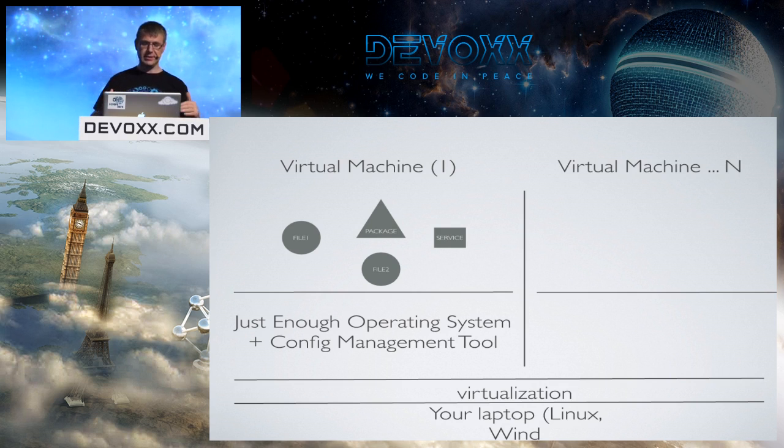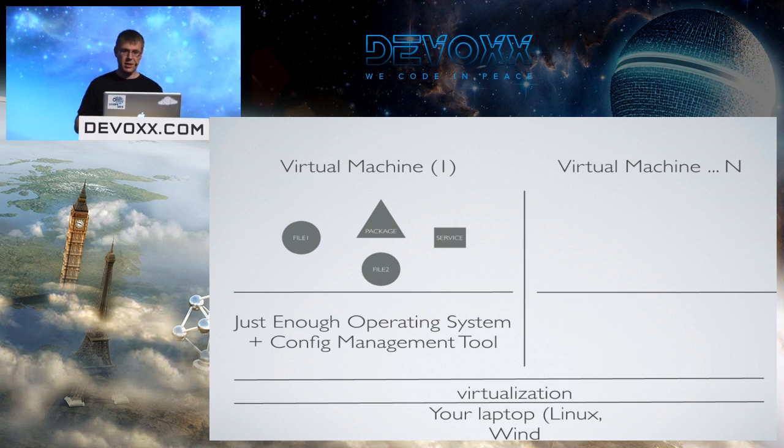And underneath it, there's a layer which is called the just enough operating system. It's the minimal install. It's the core install of the operating system, plus a config management tool. So there's nothing on there, just the basic CentOS install or Debian or Ubuntu and Chef or Puppet. And then from there, you run the code. But the nice thing is that the base system you can always reuse. And then you put the system into a state, you start from the base system, and then you do the